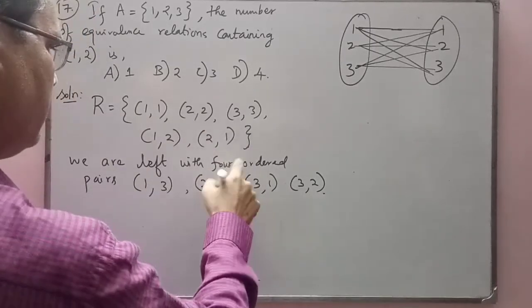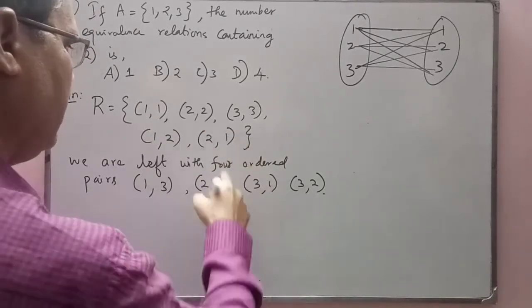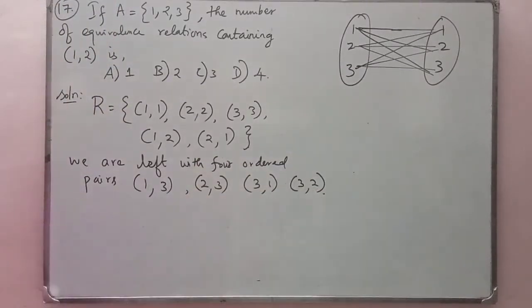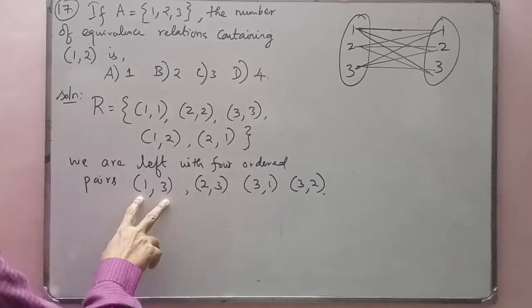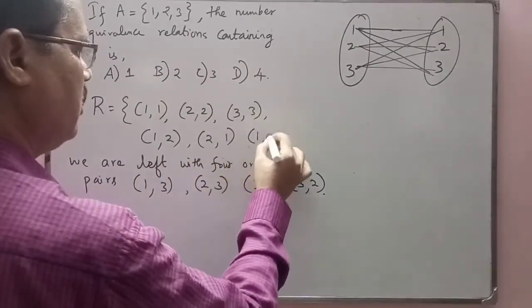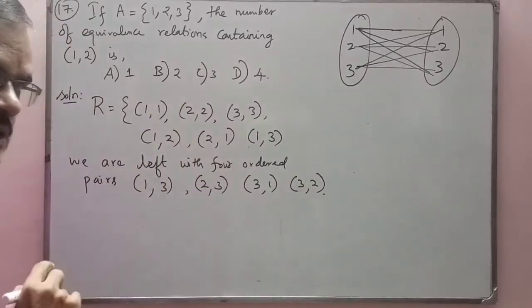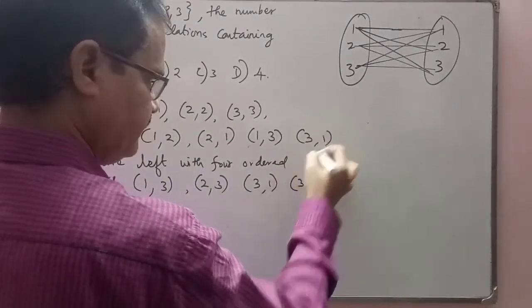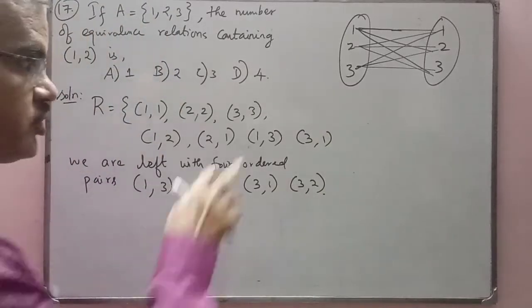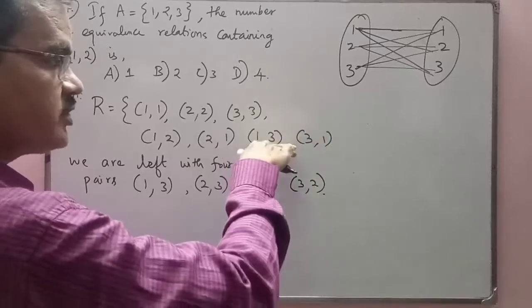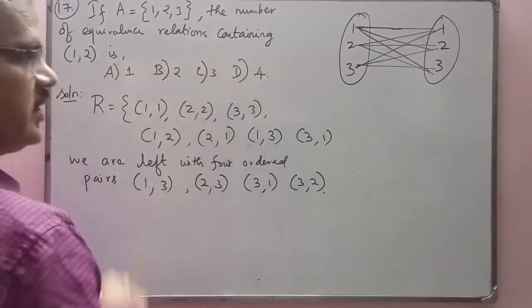Okay, children. So we are trying to find another equivalence relation with any of these ordered pairs. Imagine that I am going to include 1, 3. It has to be an equivalence relation. So what will you include? Automatically you should include 3, 1. Now you should check for transitive. Of course, this is reflexive and symmetric. You should also check for transitive. Then only you can say it is an equivalence relation.